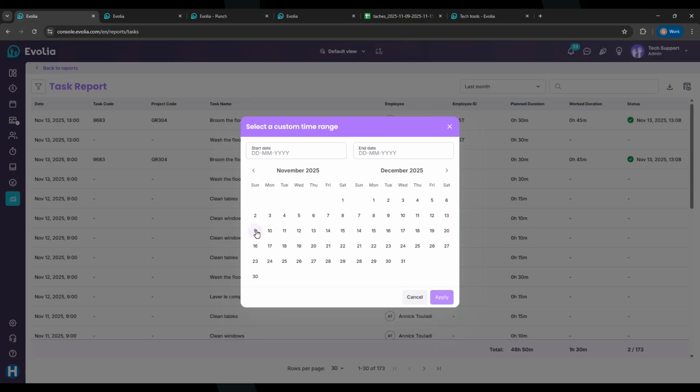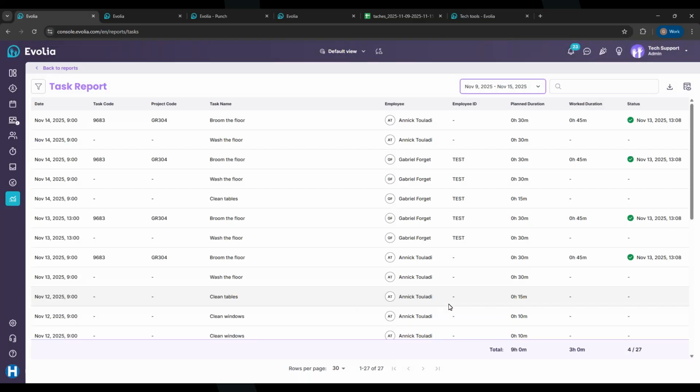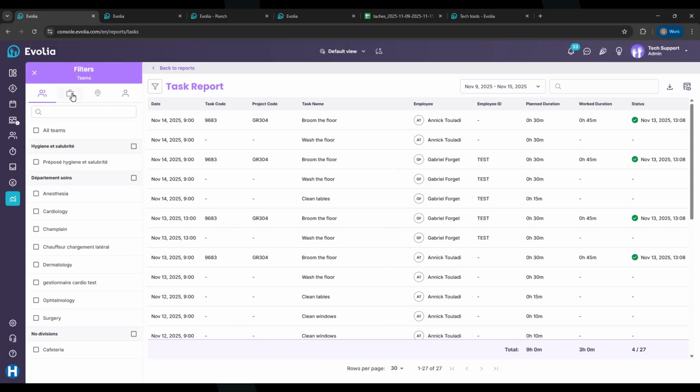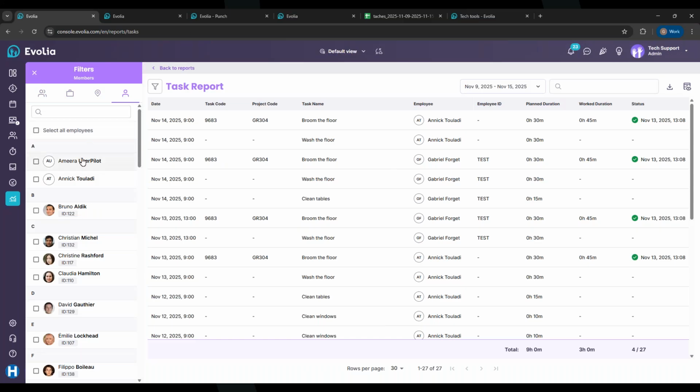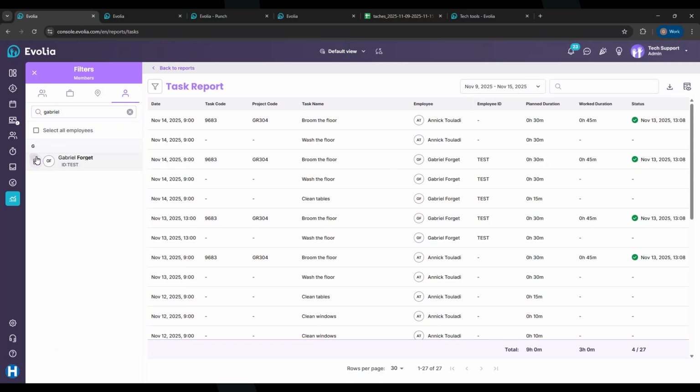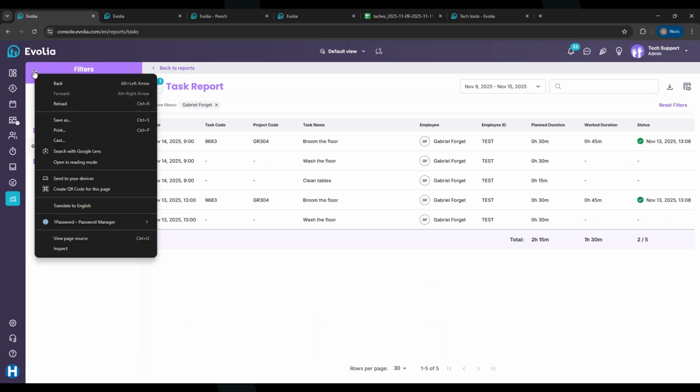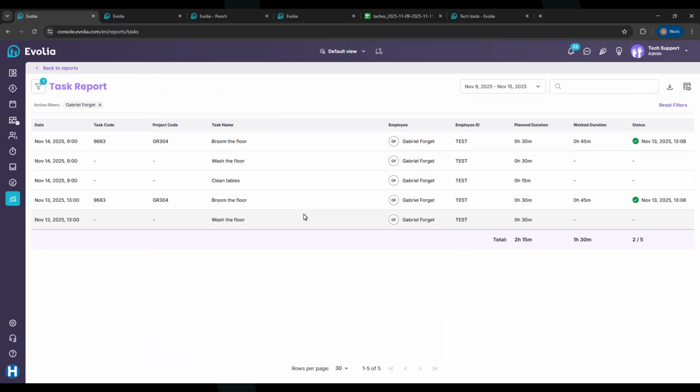So let's say I only want to see this current week. I'll go ahead and select from November 9th to November 15th, and then I will apply these dates. I can also filter my tasks by team, position, locations, or members as well. So let's say I only want the tasks that have been accomplished by Gabriel, which is the test employee in that case. I'll be able to see only the tasks that this employee has accomplished,